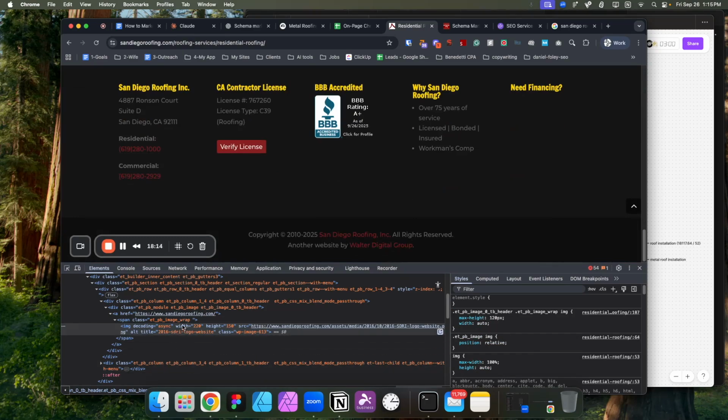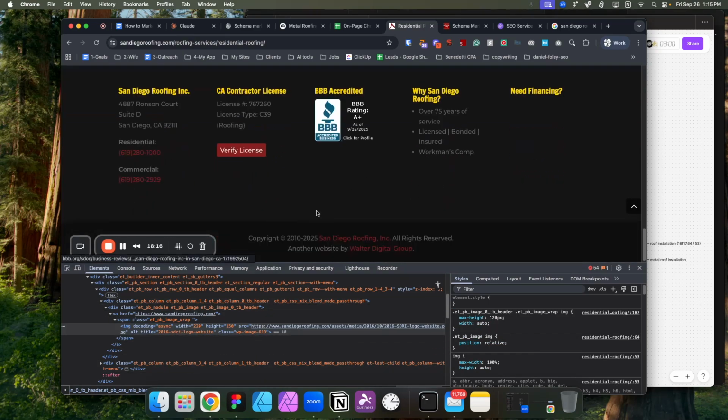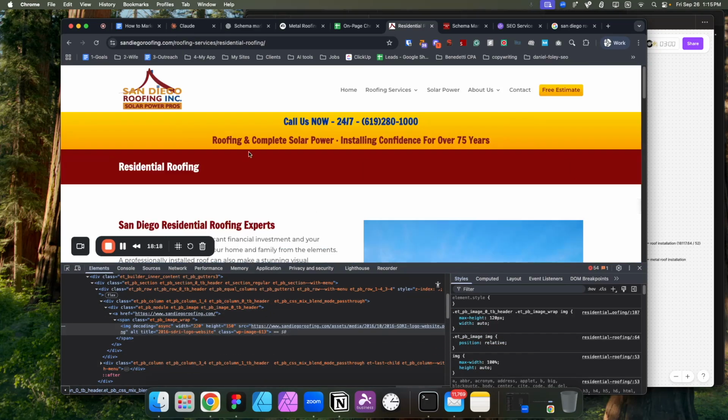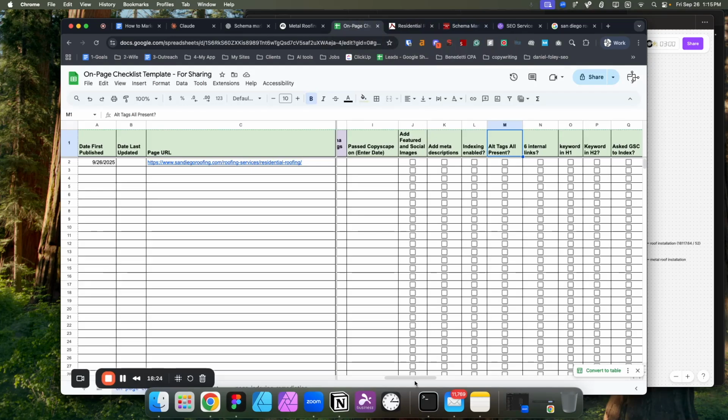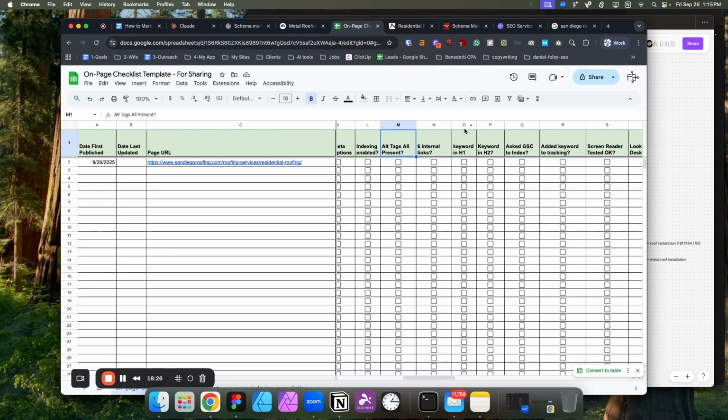Just kind of weird. It says like alt and then title. But anyways, yeah. So maybe they could do with adding an alt tag there. Okay. So alt tags, are they all present? 6 internal links. So if you're not familiar with